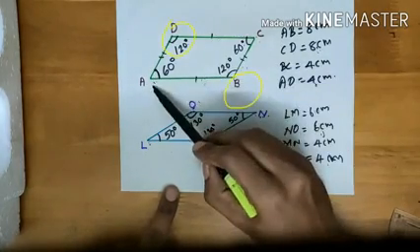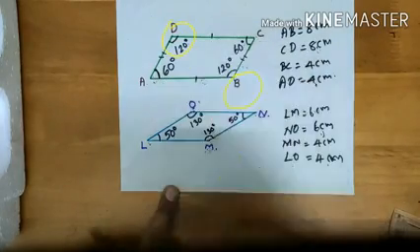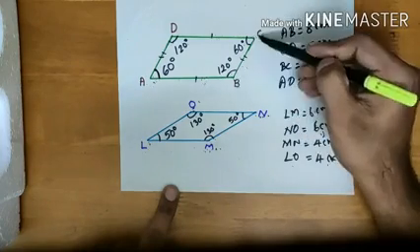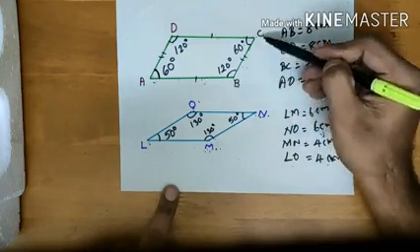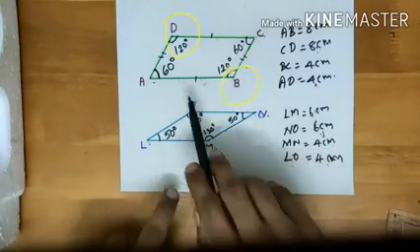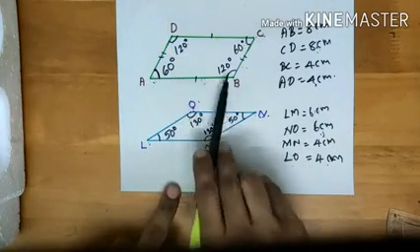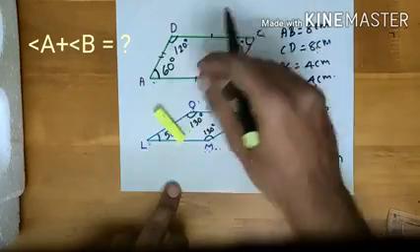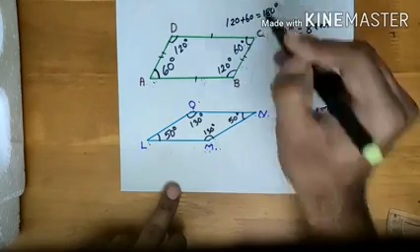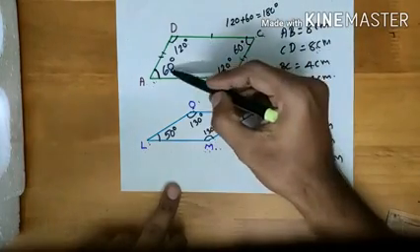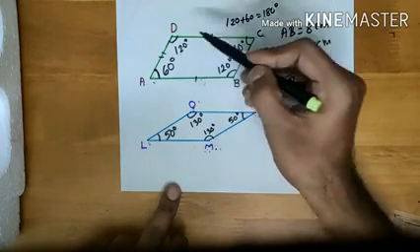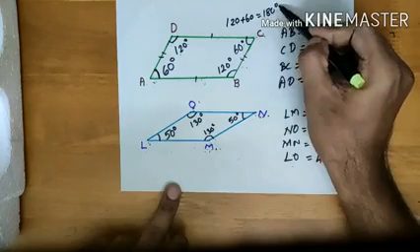B. B is an adjacent angle of A. Similarly, D is an adjacent angle of A. If we consider C, what are the adjacent angles of C? D. It's nearby angles. So B is an adjacent angle of C. Same way, D is an adjacent angle of C. Now look at the adjacent angles A and B. What is the sum? That is 120 plus 60 equal to 180 degree. And if we consider these two adjacent angles A and D, what is the sum? It is 60 plus 120. Again 60 plus 120, 180 degree.